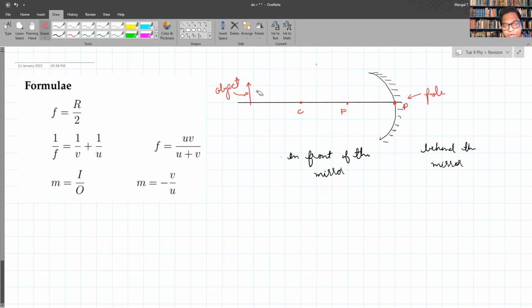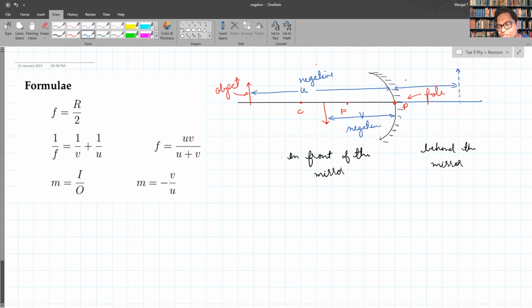That is the reason why, if you take a very simple diagram, like here, this is an object and say an image is formed over here, then we are measuring what is called U from the pole to the left side. Therefore, U is always negative. If this is an image which is formed, which is real, that is V, that will also be negative because you are measuring from the pole to the left side. Now, if a virtual image is formed like this over here, the virtual image is measured in the right direction, so that will be positive.